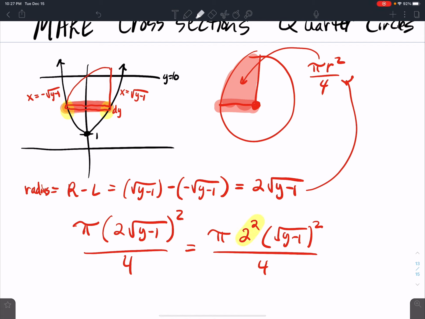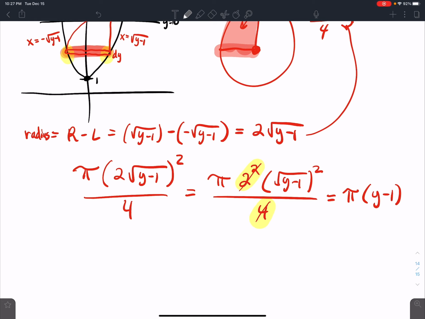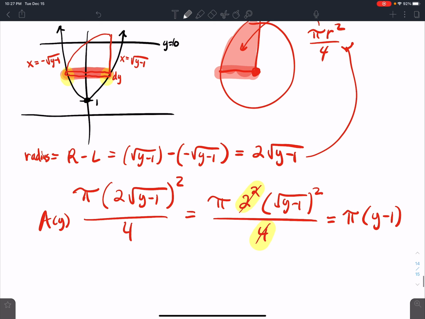Well, 2 squared is 4, and 4, those cancel each other, right? And so I'm left with pi times y minus 1. Okay? And so then at that point, I've got my a of y function, and it's the same old, same old. I integrate from 1, starting at the rectangle 1, and then I add up all the